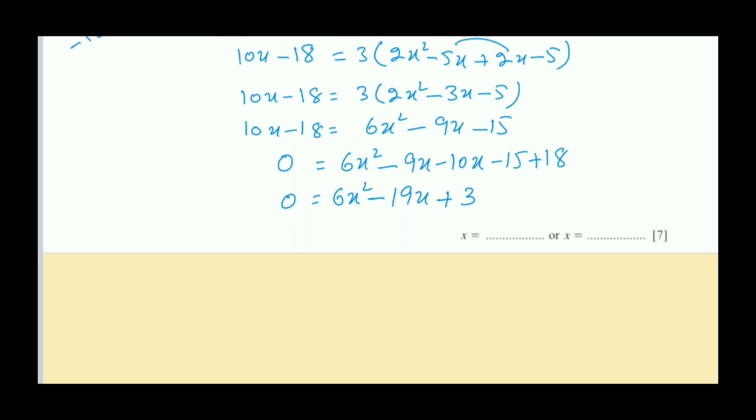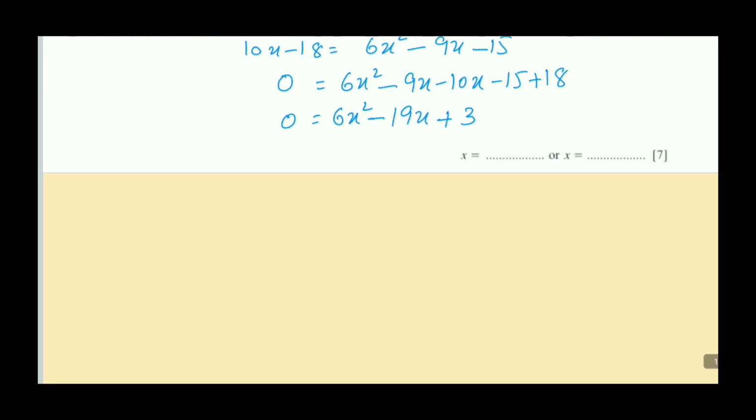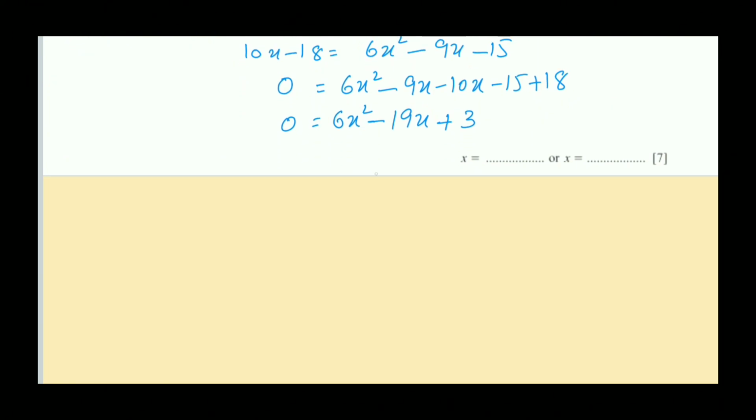So now it became a quadratic equation. Now what you have to do? You are going to find the values of x. This is a quadratic equation, and you know how to find the value of x by solving it. You can simplify it with midterm breaking, and you can also simplify it with the quadratic formula. So let's solve it with the help of midterm breaking. First of all, let's try.